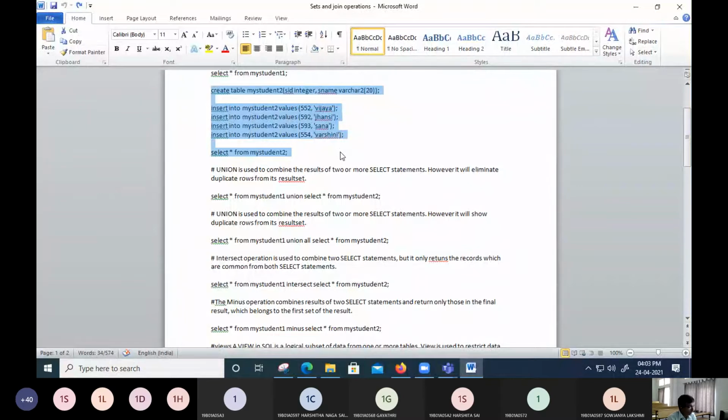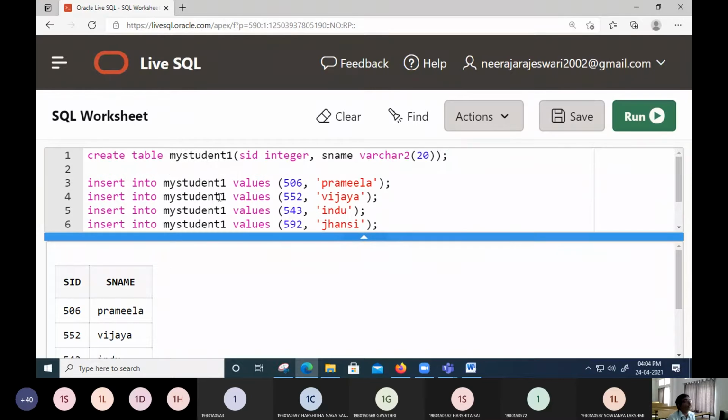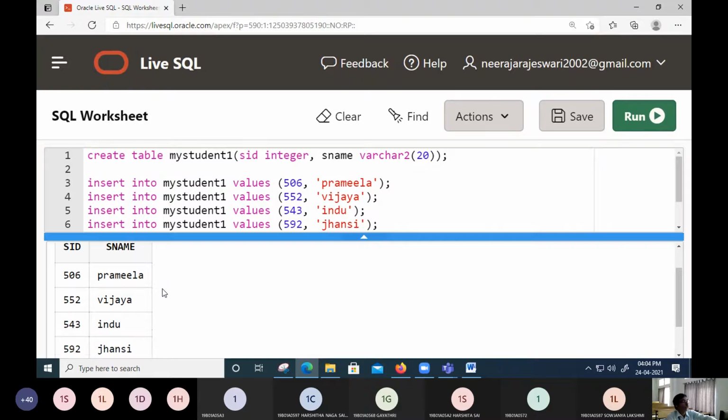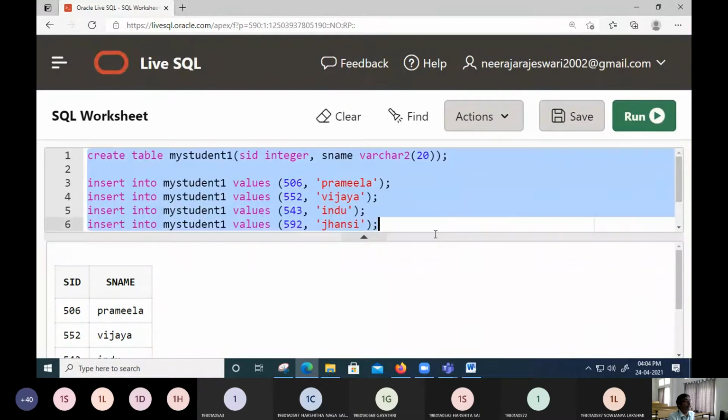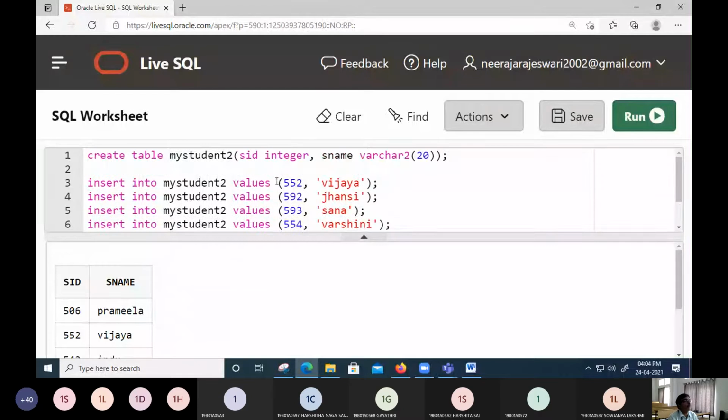In this second table, let us create another table. You just write down these numbers 506, 52, 42, 92. Now we will create another table. The table name is my student 2.